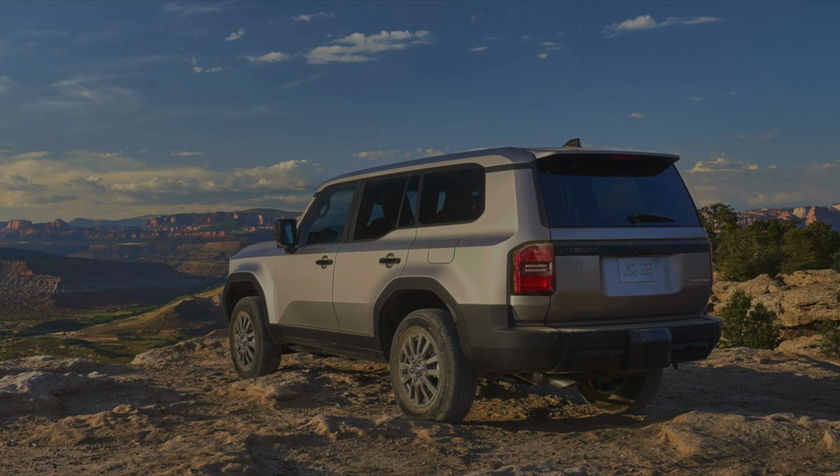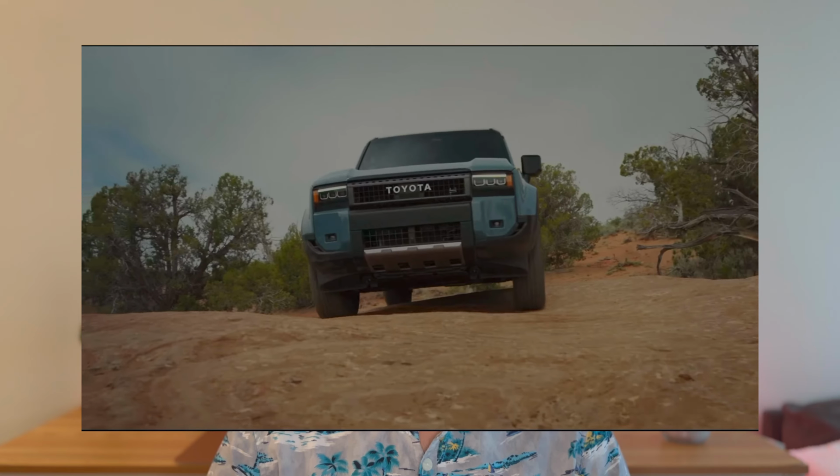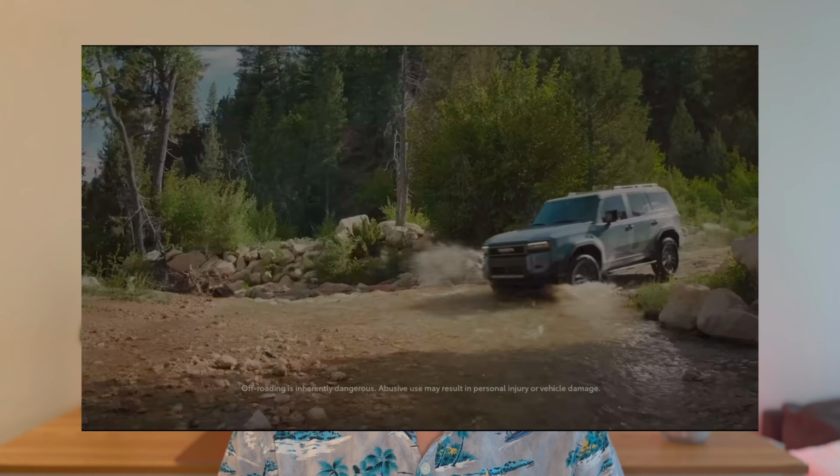And you can option 33-inch tires, which is really cool to come factory on a Toyota. Toyota's usually more conservative with their vehicles, so to see this is great. And you can see a lot of ability to put on aftermarket parts, whatever you need. It seems that this car had that in mind when they were engineering it, and so a lot of the pieces of the car can be taken off very easily or are readily able to receive third-party goodies,